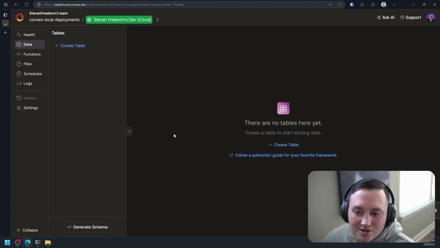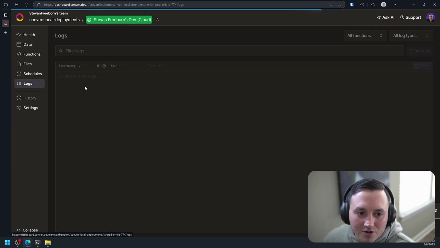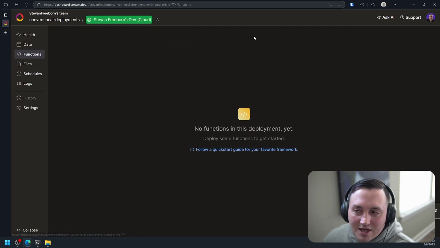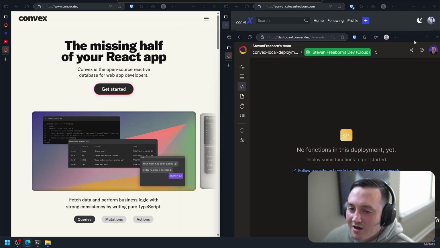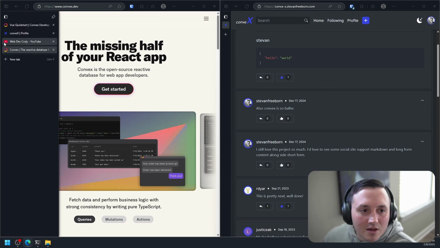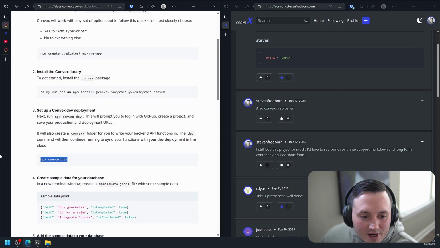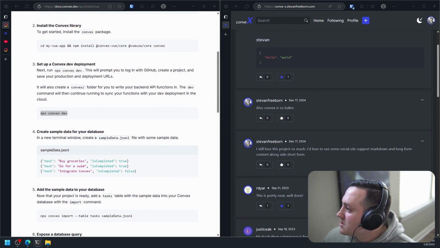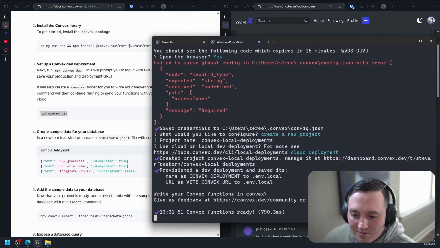This is your data, so it'll have different tables. You can run things on schedules, and you'll also see logs that run. It's kind of hard to explain exactly what it all is because it's all very Convex specific functionality and features. But it's pretty great. Okay, so let's go ahead and follow the rest of this, and then we'll move on to the local deployment side.